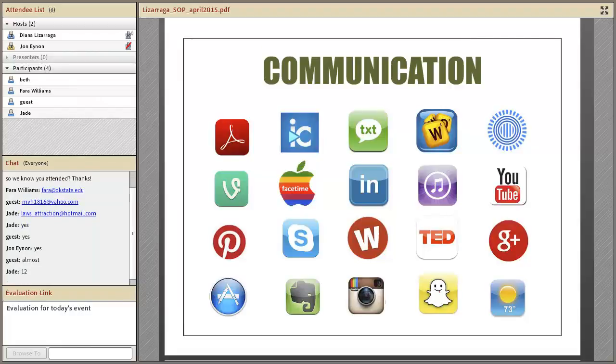So as we go through it from the top one, going from left to right, I'm going to go through them, and I'm going to make a point about symbols. In today's society, the college students right now are typically in the millennial generation, and they are hyper-connected. And so they're very symbols-based. So when we look at these symbols, we can start off on the top left, Adobe. The next one is iClickers. The next one is texting, Words with Friends. The blue circle image is Prezi, which is a presentation software. Then on the second row, we've got Vine, Apple FaceTime, LinkedIn. We've got iTunes, YouTube. On the third row, with the P in the red circle, we've got Pinterest, Skype. The W is Wufoo, and that's related to SurveyMonkey, an online web form builder. TED, Google Circles. As we go through all of these things from the last line, from apps to Evernote to Instagram to Snapchat to the weather, people,